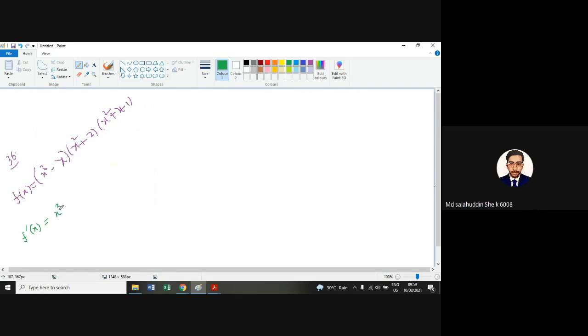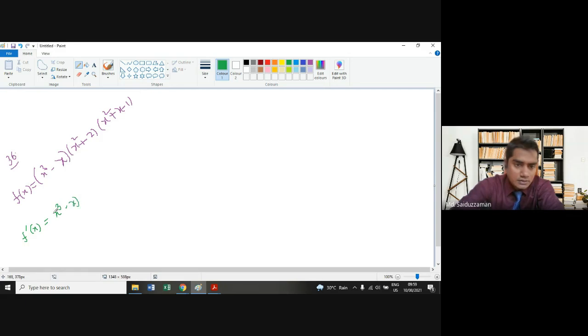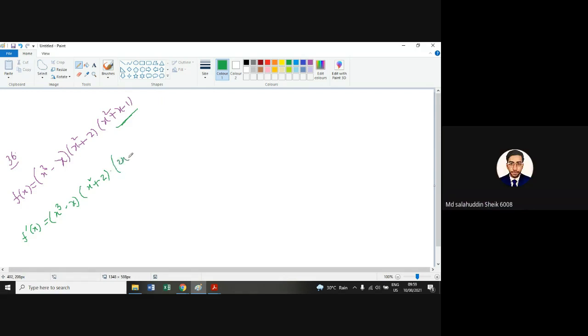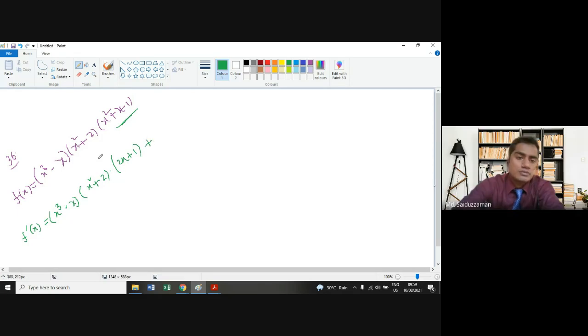x cubed minus x into x squared plus 2 into differentiation of this part. What is the differentiation of this part? Twice x, so 2x plus 1. Okay. Plus the second part is what? Keeping these two fixed, x squared plus 2